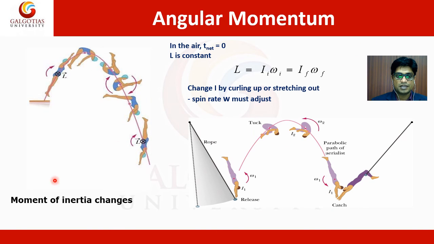We can also see an athlete, how he jumps. When he jumps, his angular momentum is conserved. Then he tries to bend the body to minimize the radius of rotation. Whenever he minimizes the radius, he will be able to rotate. If he does not minimize the body, then he will jump directly.